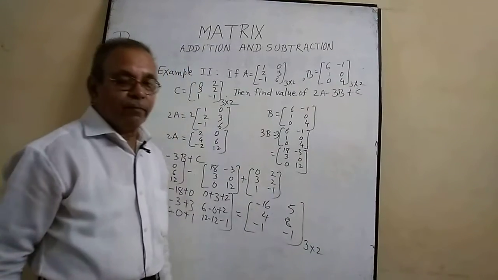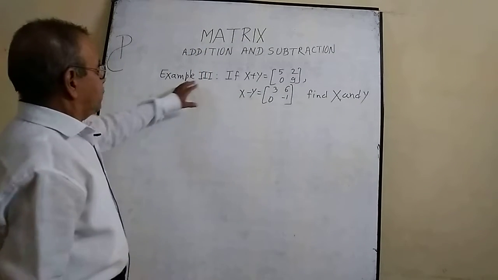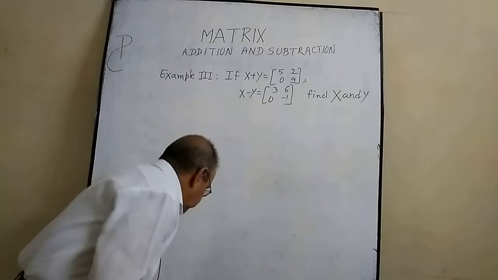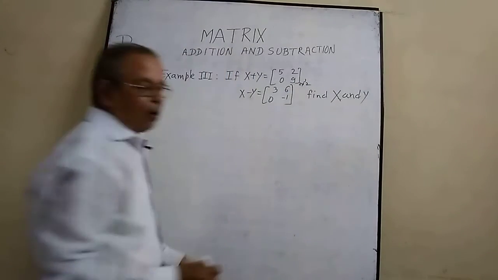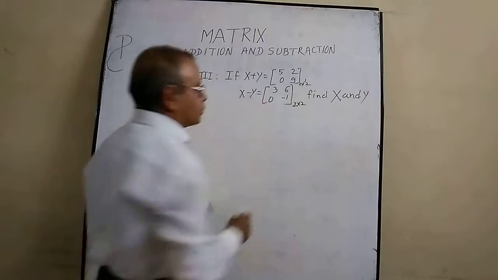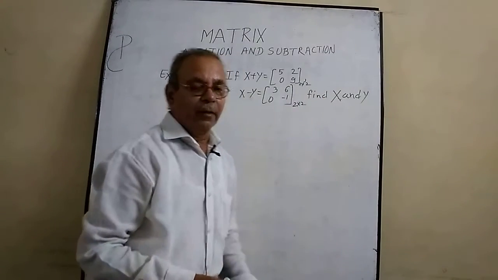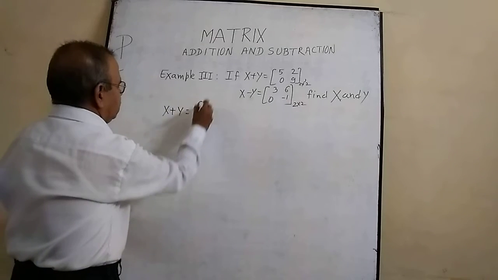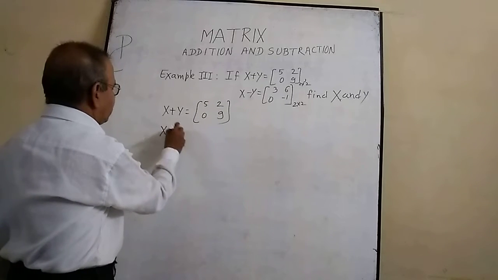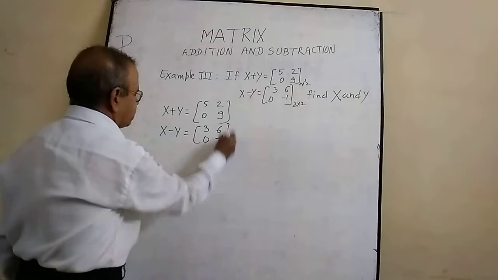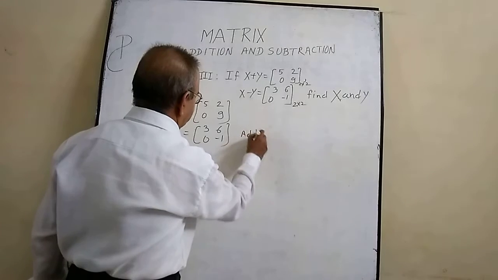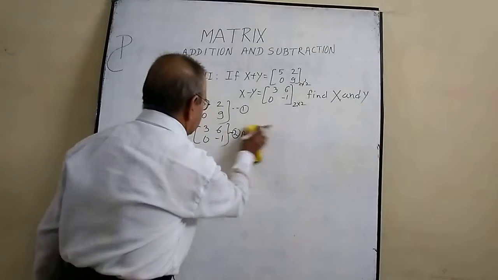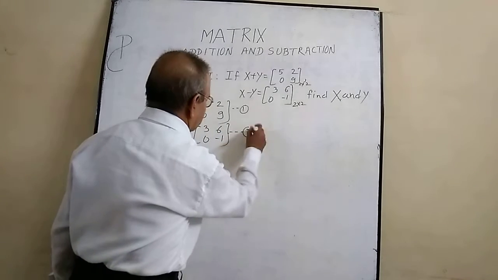Okay, now the next question. Here the third example is: if X plus Y, taking X and Y both together, is [5, 2; 0, 9], meaning 2 rows and 2 columns, and X minus Y is also 2 rows and 2 columns, and we have to find the value of X and Y. These are two equations, and when we write it like this, X plus Y is equal to [5, 2; 0, 9] and X minus Y is equal to [3, 6; 0, -1]. In that case, when adding